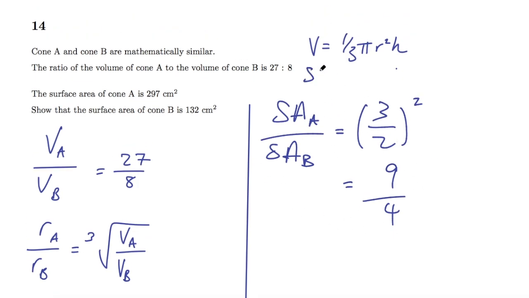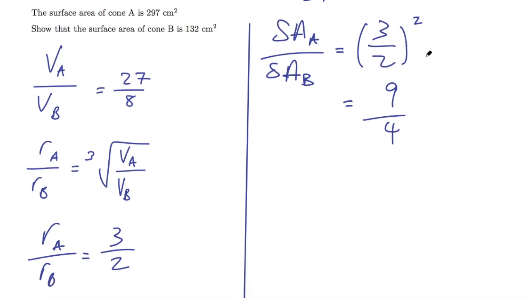But here's the formula for the surface areas, which is pi r times the slant plus pi r squared. And if you take those surface areas in a similar method that I did for the volumes, you'll see that it works out to the fact that the ratio of the radiuses ends up to be squared. Okay, so if we take this ratio,